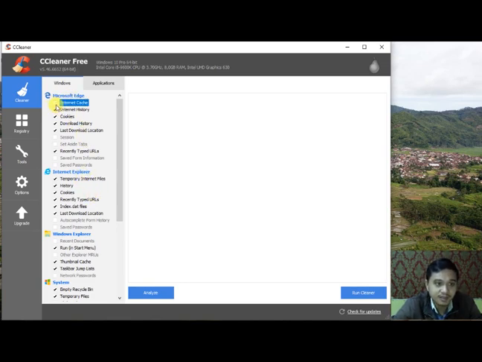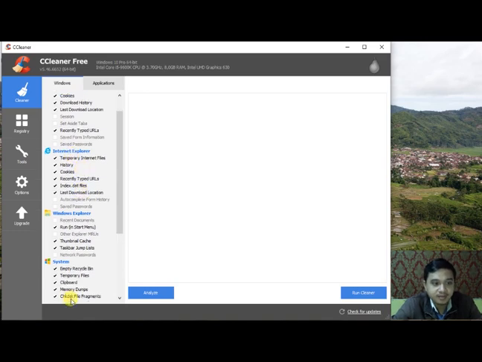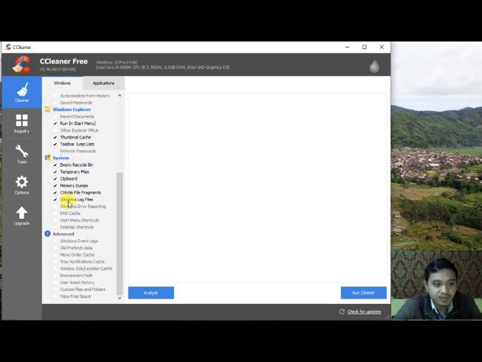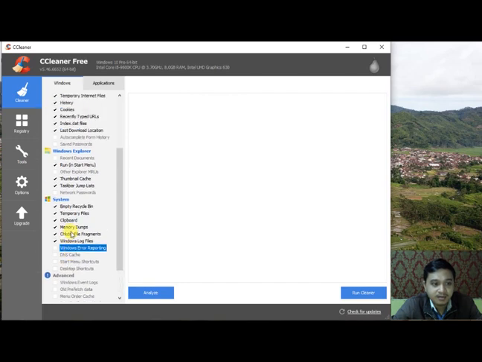You can uncheck or check the options. These options: internet cache, internet history, cookies, download history, last download location, recently typed URLs, and the others. You can uncheck or check these options if you want to clean these temporary files. Same for Internet Explorer or Windows Explorer or System, you can check or uncheck as you want.